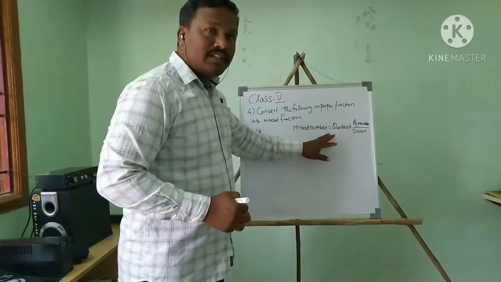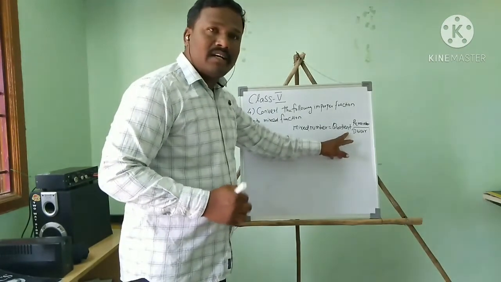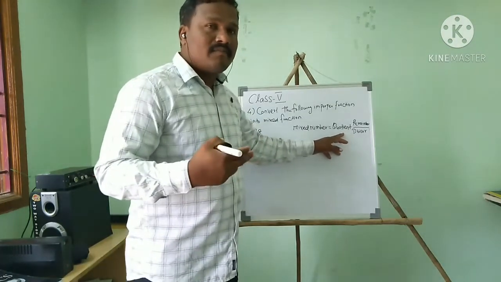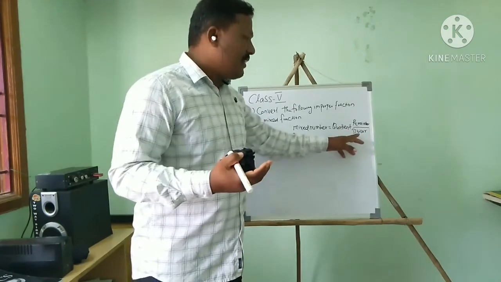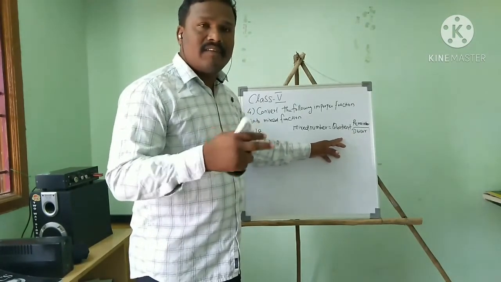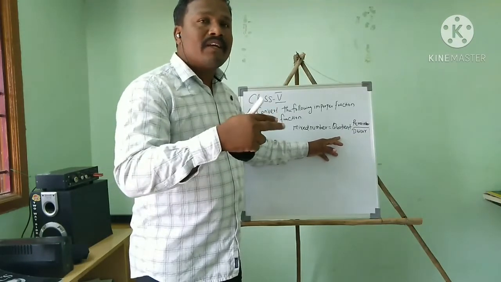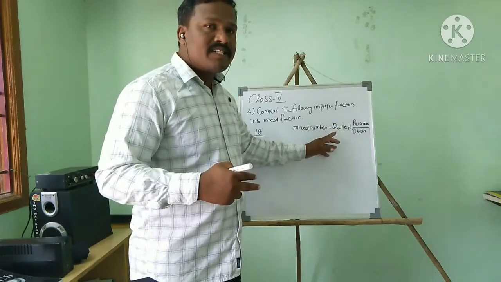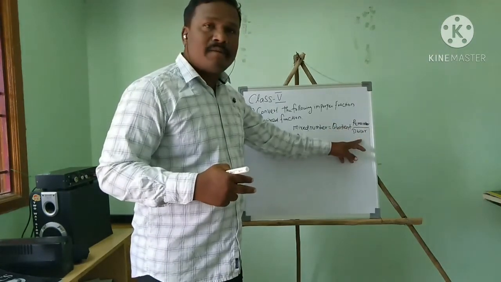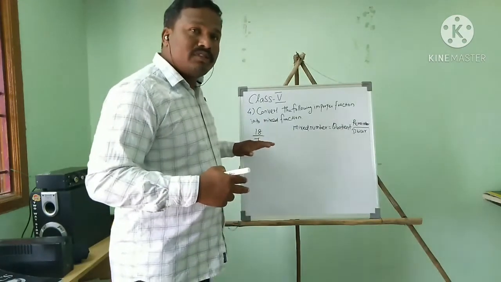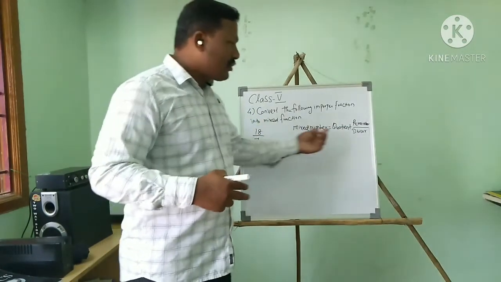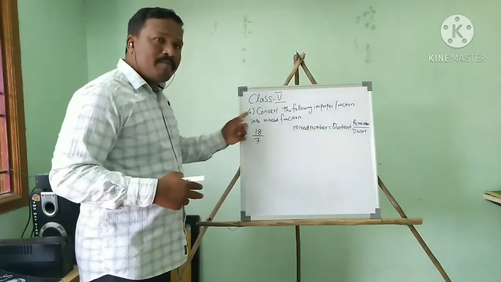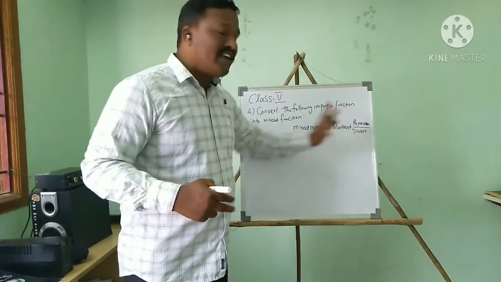Mixed number is equal to quotient. When did you hear this word quotient, where do we see this word: quotient, remainder, divisor? When we read the division chapter, at that time we saw these words. Can you remember these words? Quotient, remainder, divisor. So what will we do? We have to do division to get one fraction. So quotient plus remainder divided by divisor. We have to find these three first: quotient, remainder, divisor.